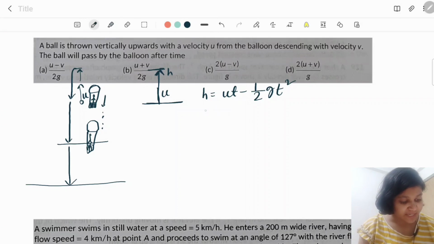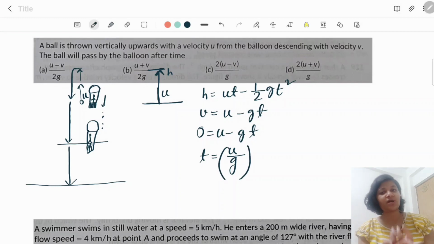So at this point, at height h, the velocity is 0, or the velocity can be written like this. So 0 is u minus gt, or time is equal to u by g. So if the ball is thrown upward with the initial velocity of u, then the ball will reach the